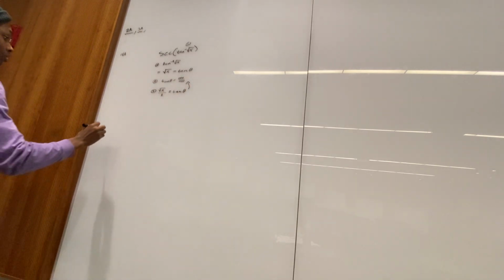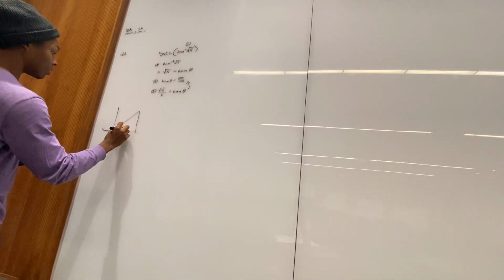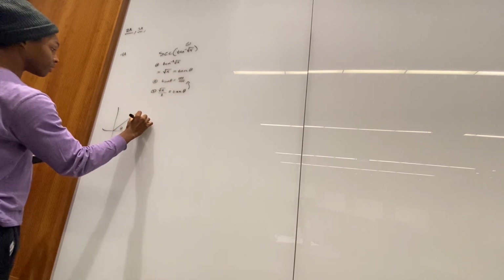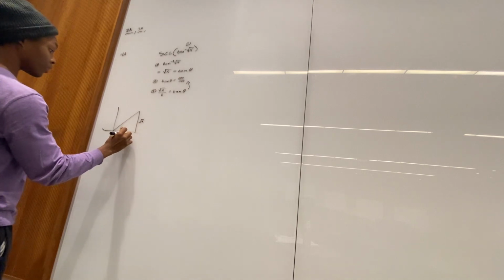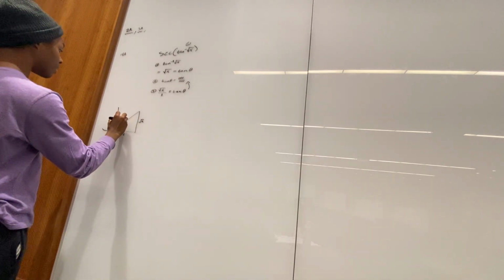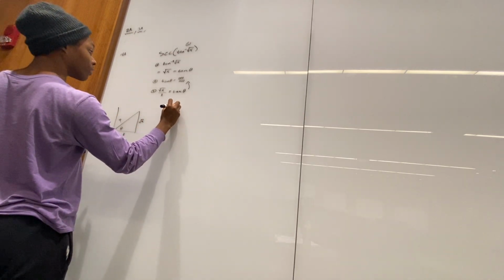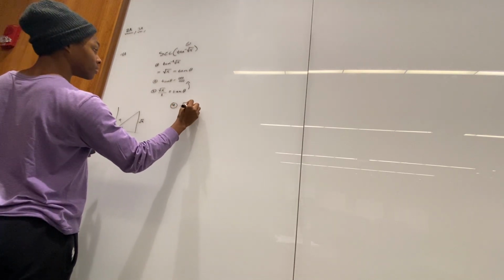So now we're going to make a triangle, right? Theta. We know that the opposite is root x, so we're going to put that here. And we know that the adjacent is 1, so we're going to put that underneath. So then, what is the hypotenuse? That's where we use the Pythagorean theorem. So step 4, we're going to go root x squared plus 1